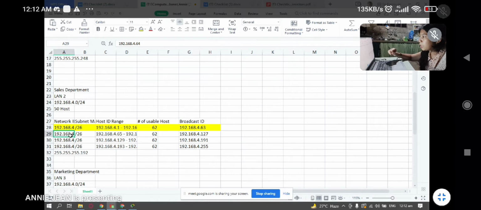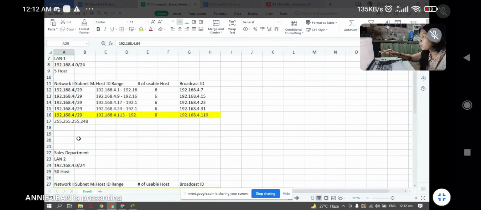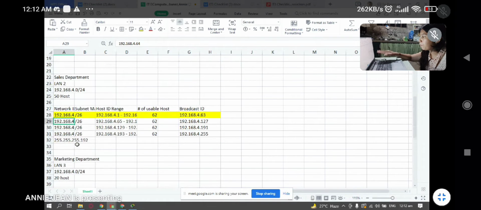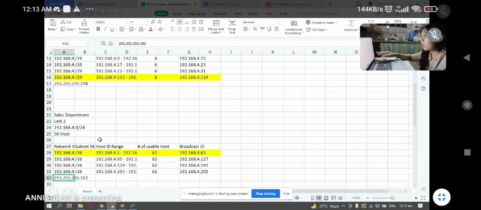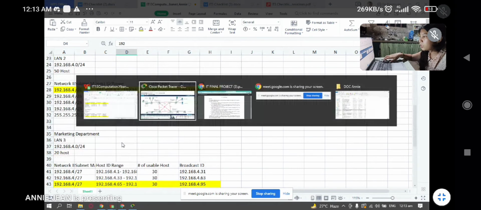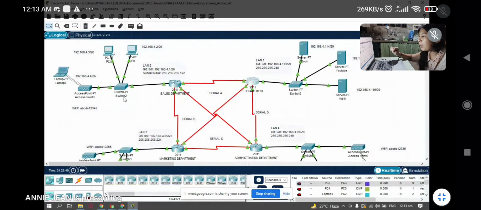Same as my computation of subnetting for host 5: 64 plus 64 is 128, 128 plus 64 is 192. So this is my subnet mask. The subnet mask is 192 because /26 is 192. Back in the Packet Tracer,